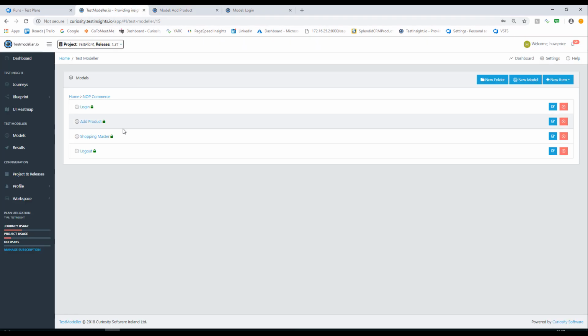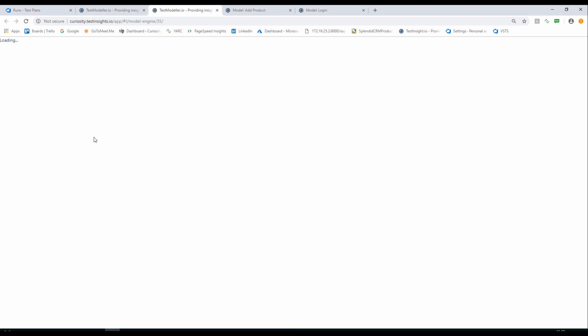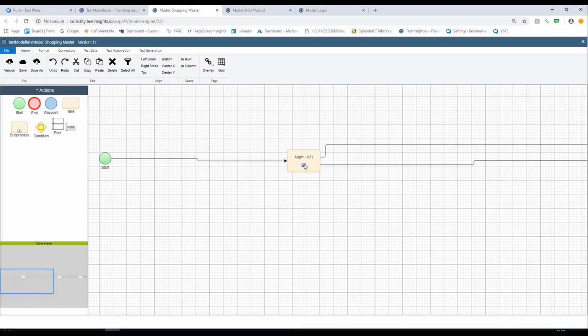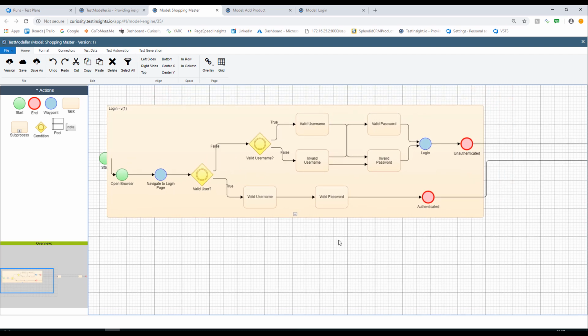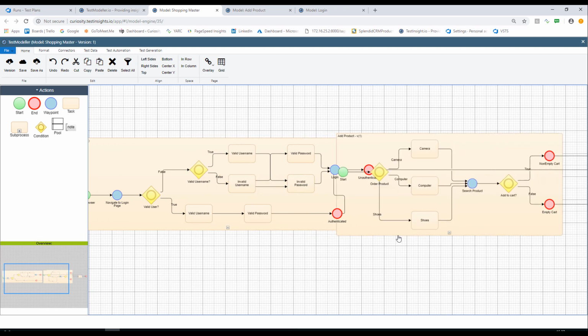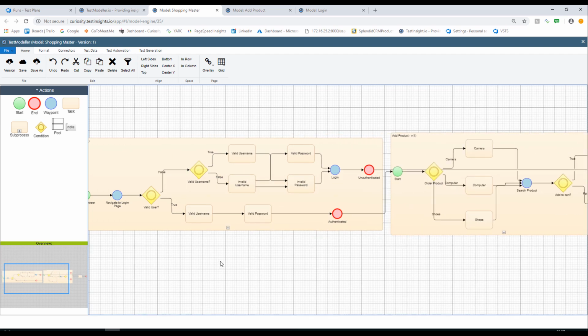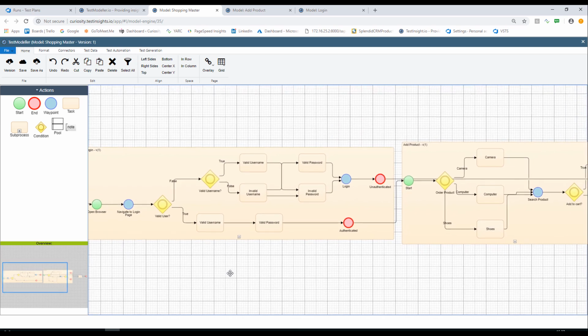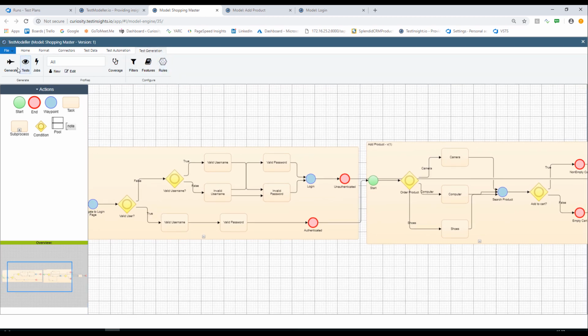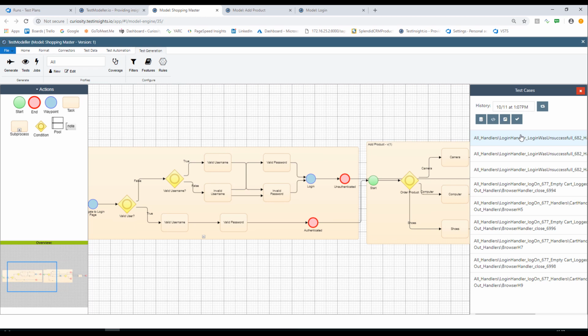And if we go back up to the shopping master, you'll see here that what we've done is we've actually come in and we've actually used it as a sub-process. And that's the best way to design it, so you can kind of chain together sub-processes and test them in isolation of each other. And you can see here that we're kind of working our way through the logic, which is in effect the requirements, and then we can go off and look at the test cases that we've created, and each one of those test cases is going to show you a particular route or journey through your requirements